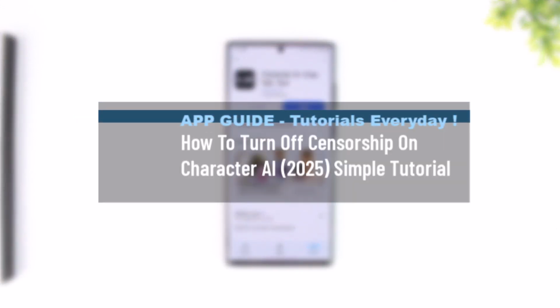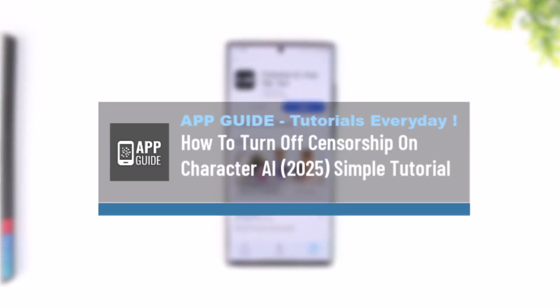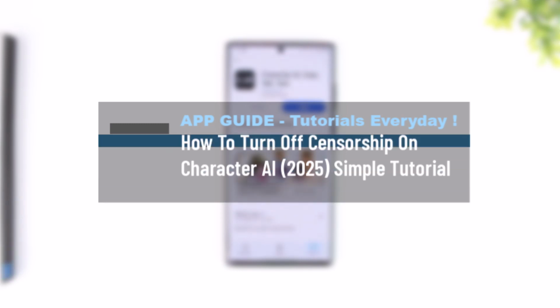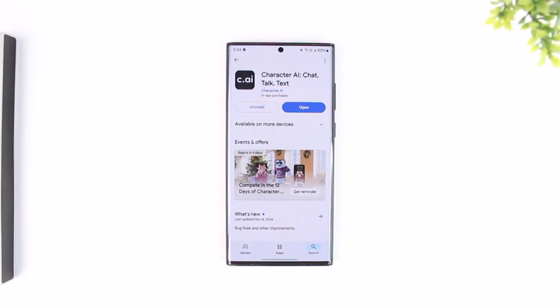How to turn off censorship on Character AI. Now, censorship basically refers to something that is against the rules and guidelines, or something very adult. In this case, it could also be referred to as NSFW, which is not safe for work, type of content. And if you want to turn off censorship on Character AI, first of all, let me tell you